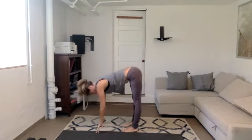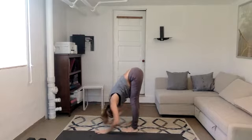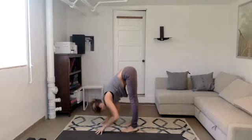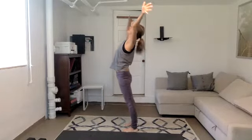Inhale, slow extension forward. Exhale, crown toward the ground, ribs closer to thighs. And last time, inhale, extend. And exhale, fold. Root down through your feet, rise up slowly, sweep the arms overhead and take a long inhale